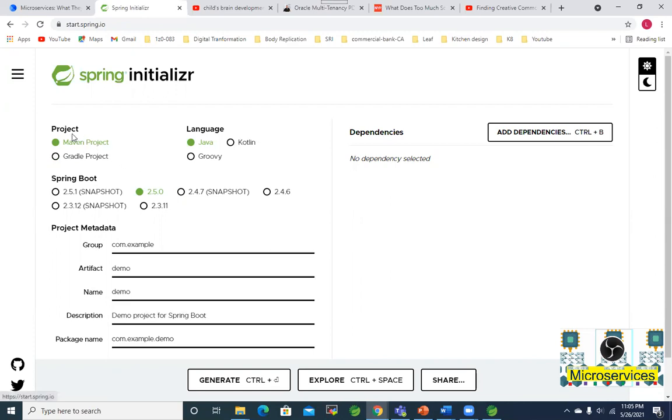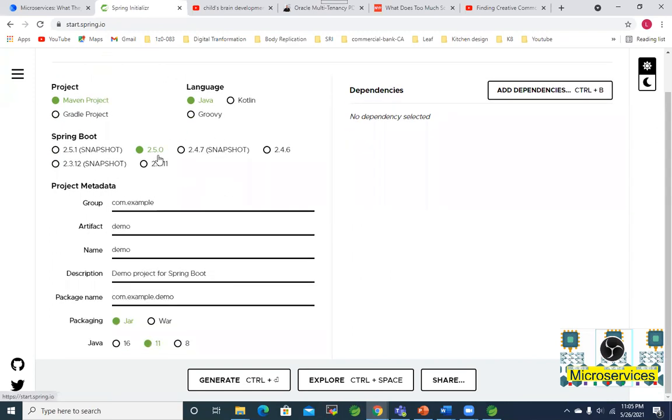So the build management tool is Maven. My language is Java. And for the Spring Boot version, let it be the latest, that's fine. Let's give an example company, let's say Technology Innovation Hub, TNH Hello, TNH HELLO. And the artifact name, let's give it